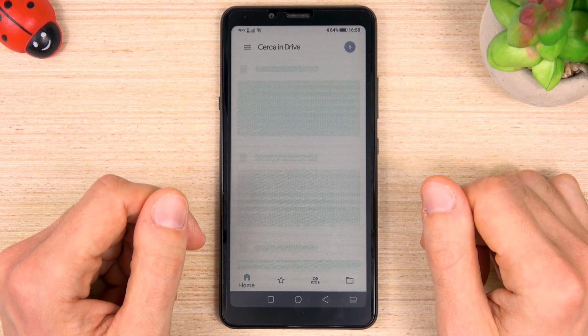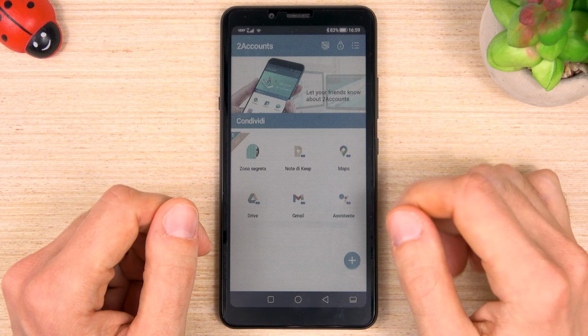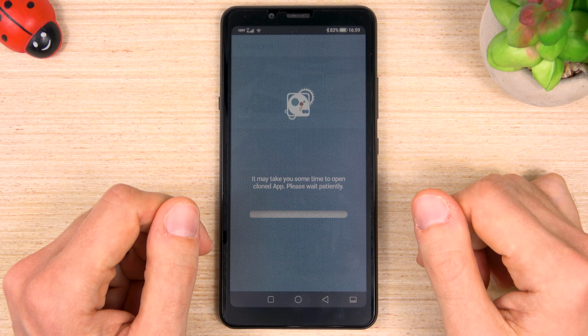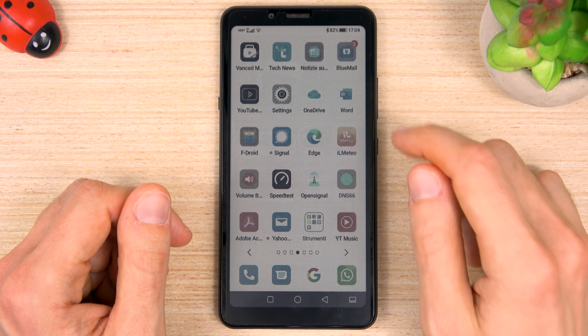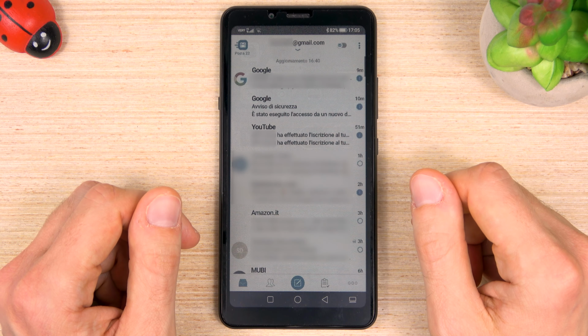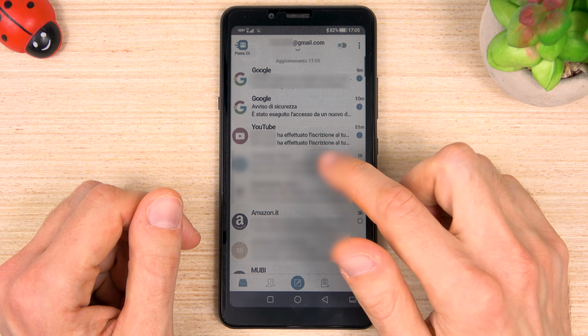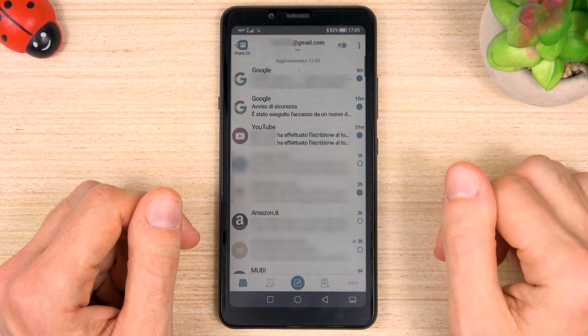Unfortunately, not everything is really working. Even Gmail app will not receive push notifications. But in this case, you can use alternative apps. For example, Bluemail is working really well with Gmail service.